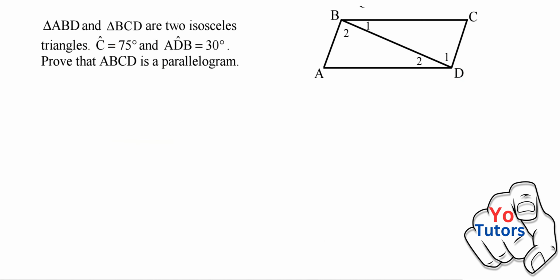Now, let's look at this one as well. ABD and BCD are two isosceles triangles. So we are told that there are two isosceles triangles. When there are two isosceles triangles, we know what happens when